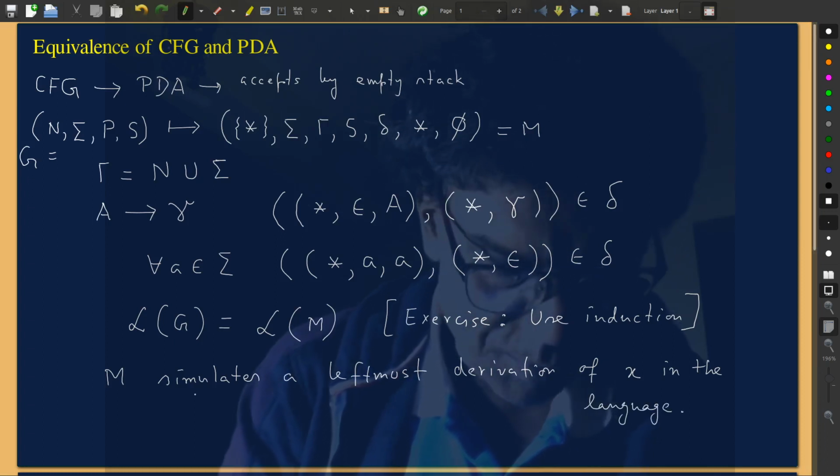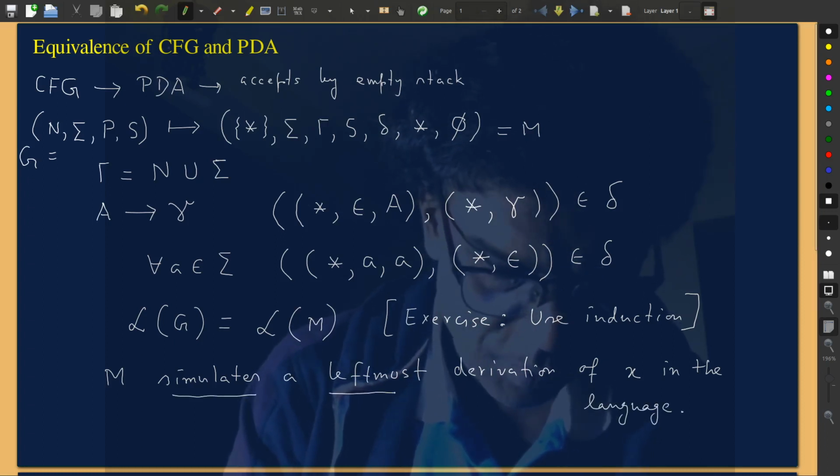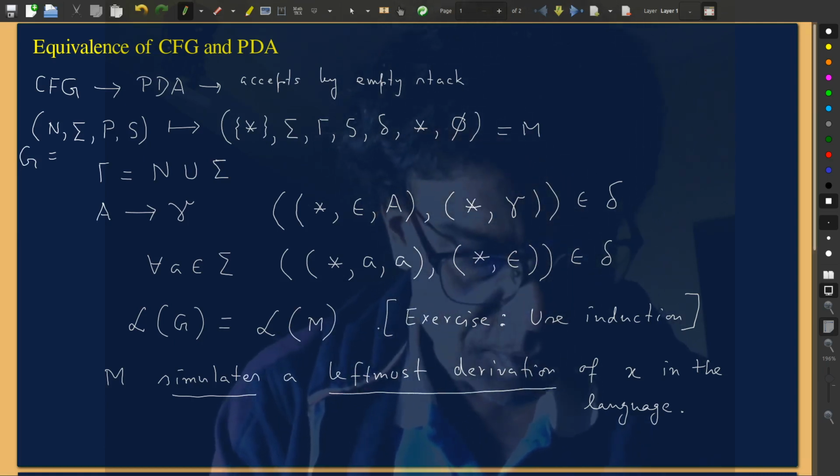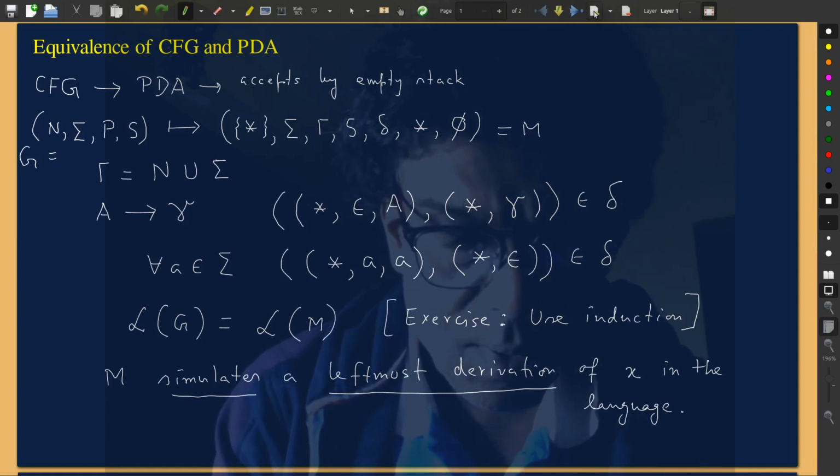So it's a kind of simulation of leftmost derivation. Okay. So in order to convince you that this machine does as intended,